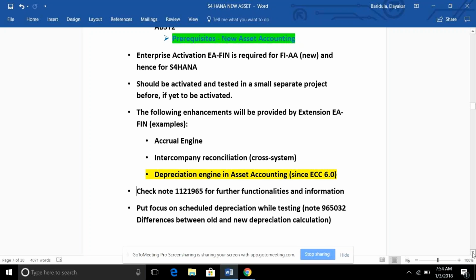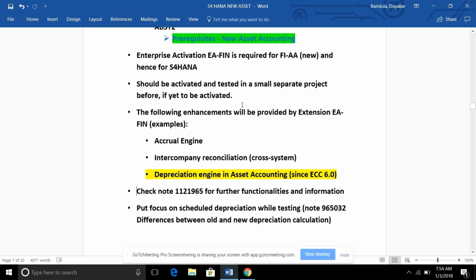So for example, you are on classic, this is 4.7 or something, and you have not activated the EFN. So you need to take it as a separate project, and EFN should be activated. First you need to go for new FIA, and then you need to go for S4HANA. You need to take it as a separate project, activated and tested in a small separate project before.